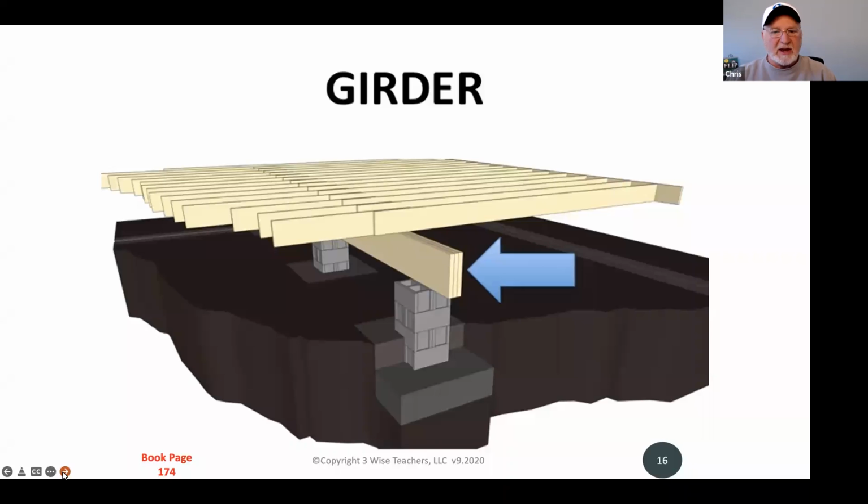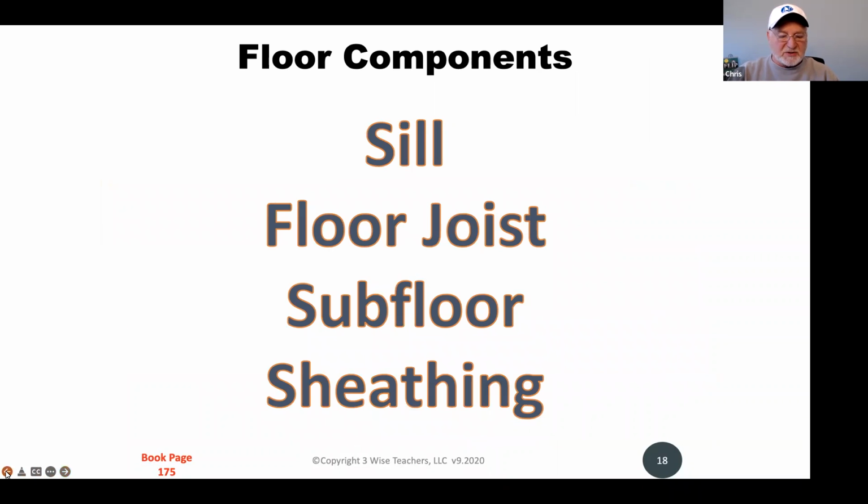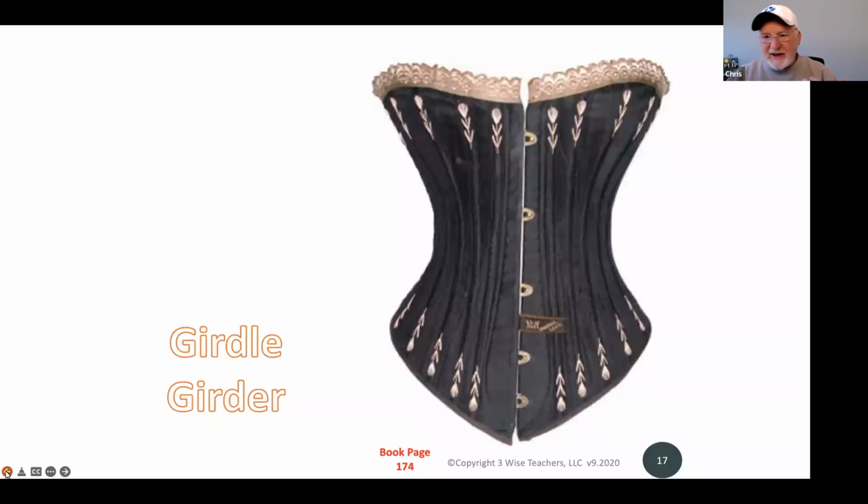And when you look at a girder, again, I hope you can tell from the picture that it's multiple 2x12s, it looks like in this particular case, three of them put together. Again, the girders sit on top of the piers, and their purpose is to support the floor joists in the middle of the house. If you like memory devices, think of a girder as being equal to a girdle. What's the purpose of a girdle? Well, it's basically to support the middle. So if it helps, fine. But that girder is multiple joists combined together to provide support in the middle of the house in the foundation.